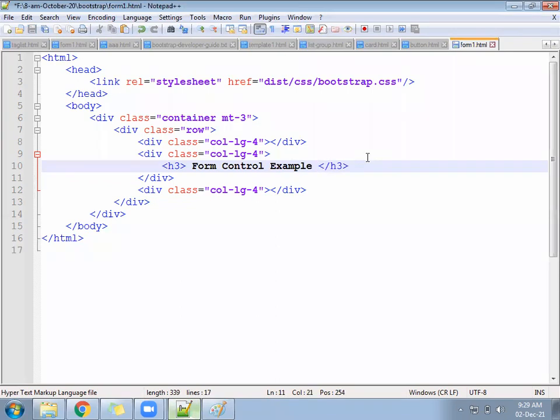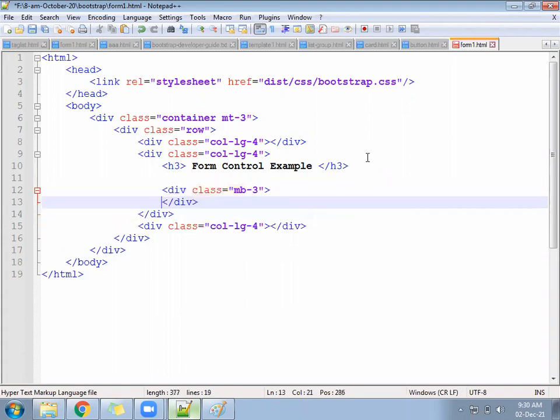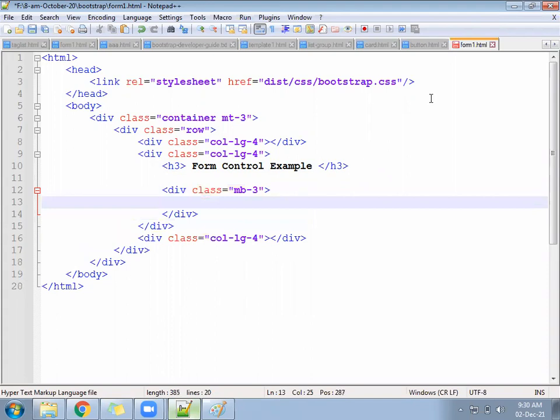Come down below and write a division with class equal to mb3. What does mb3 represent? Margin bottom, 16 pixels.